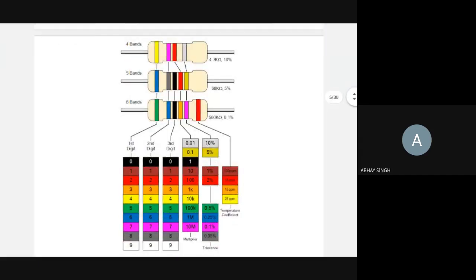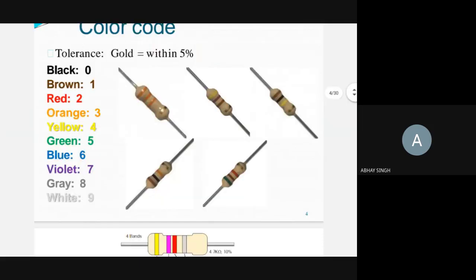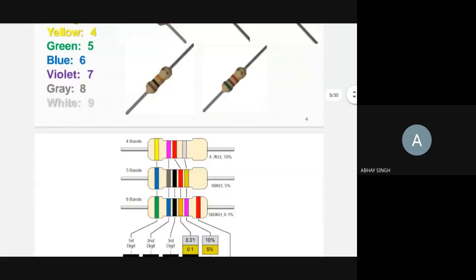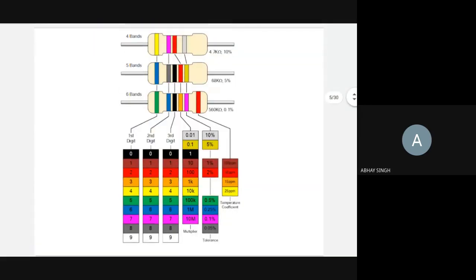Okay, these are some examples of different types of accuracy. You can see here much more colors than the initial one. Here there are fewer colors. We can see in this resistor we have only 4 colors. Sometimes, yeah, 4 colors only here. So these are not high precision resistors, but there are high precision resistors where we need much stronger understanding